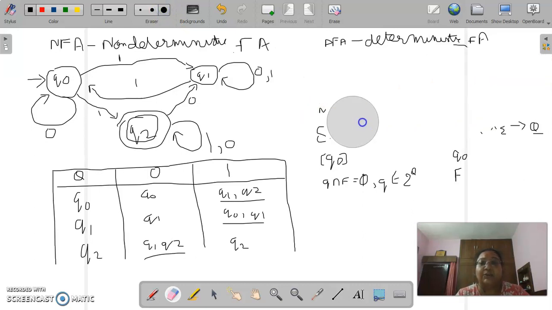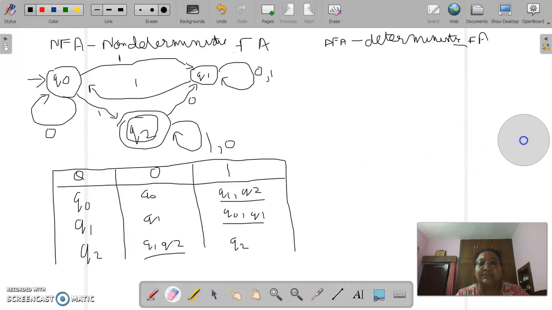What I am going to do is take the same example which we have seen in the last video, and construct the DFA for it. So here is the NFA diagram and this is the transition table.